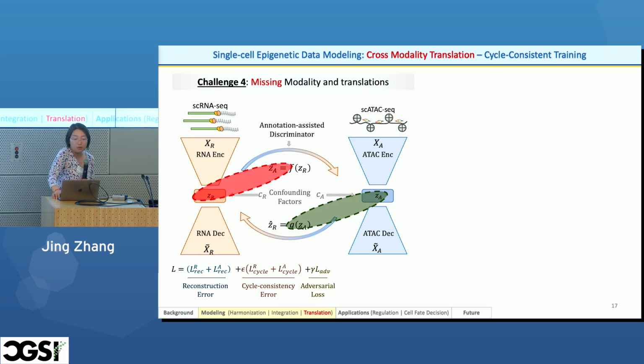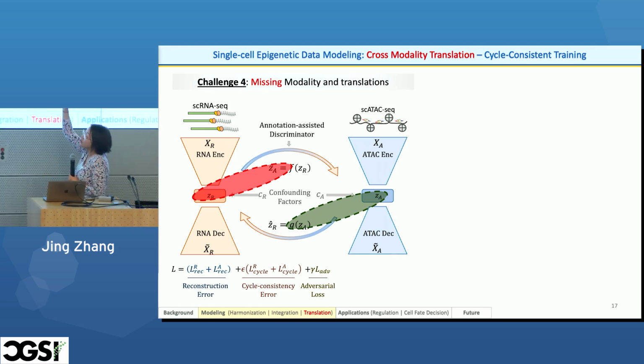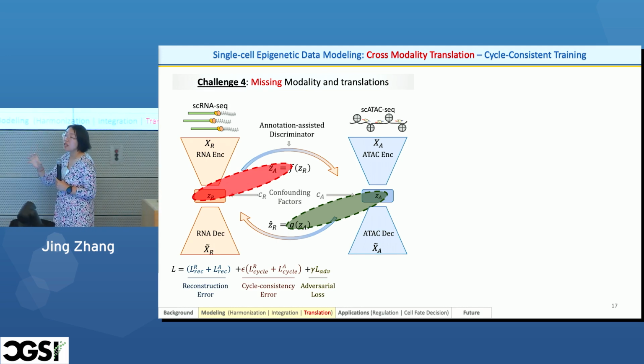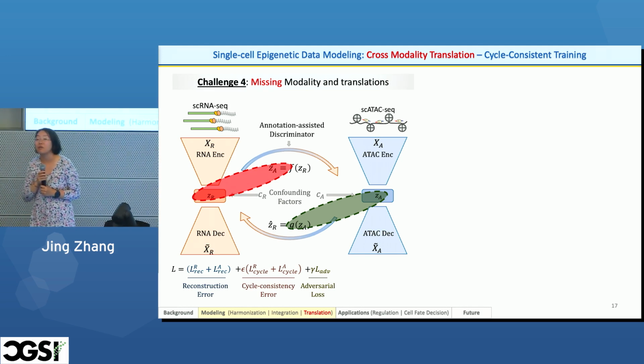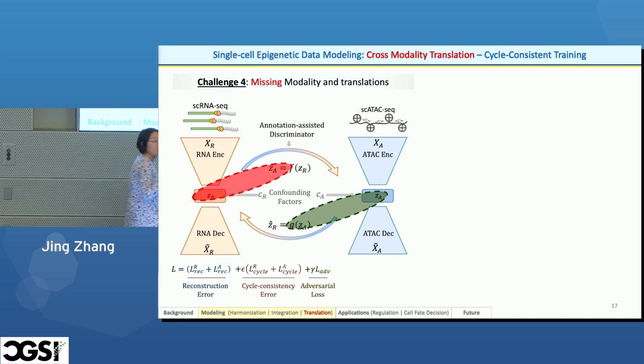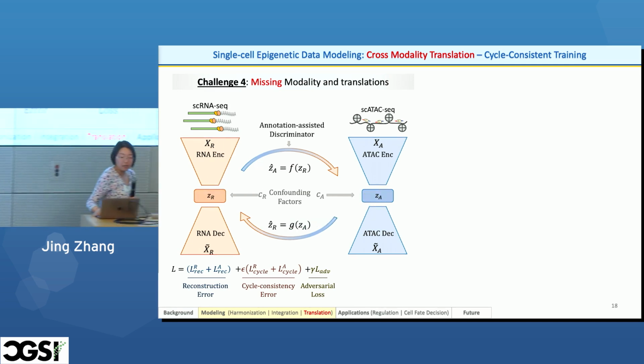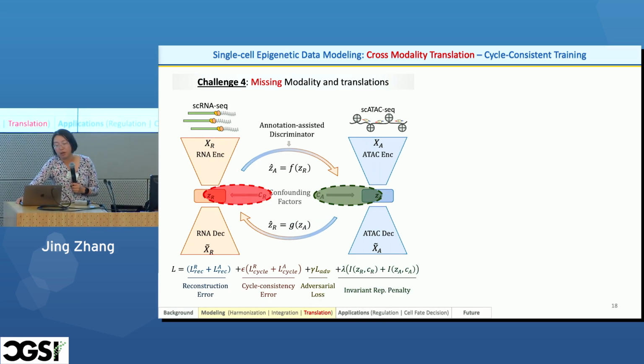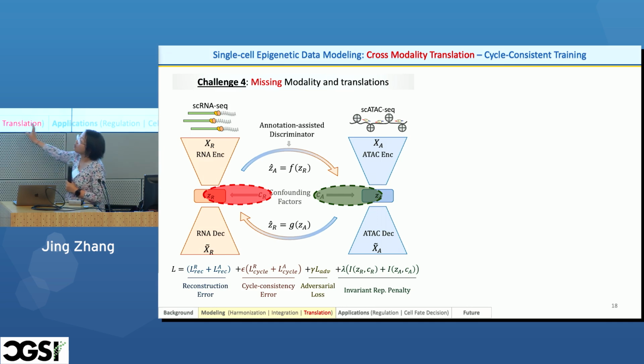We use adversarial training to make sure that when we project the same cell type, they can't be separated easily, and so they are harmonized. And at the very end, we also added the invariant representation learning to overcome the batch effect. So this is our overall